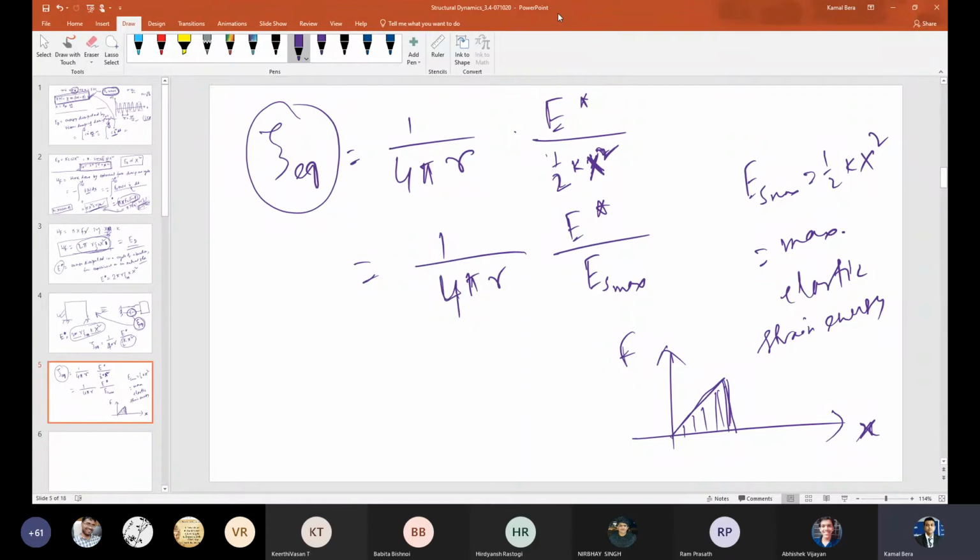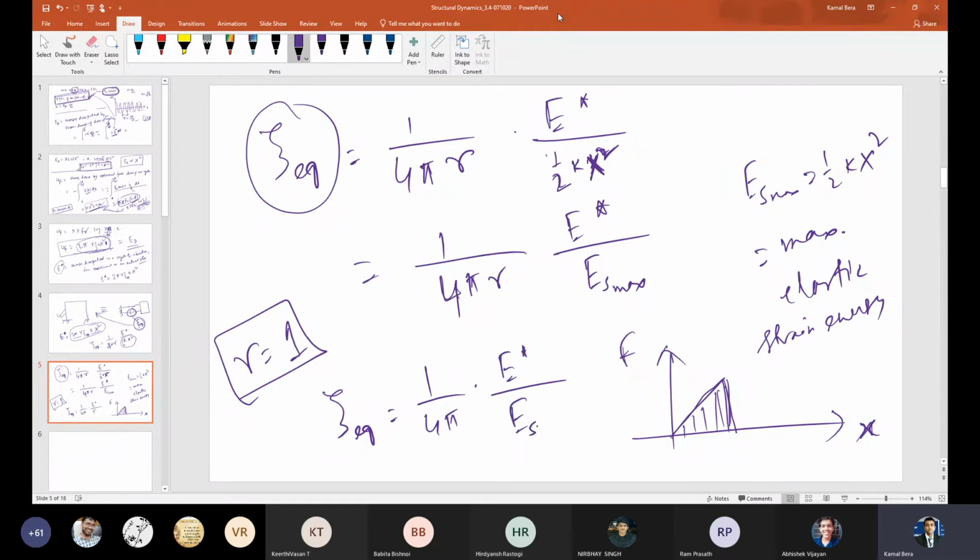Now you usually perform the experiment at the resonant condition, that is at r equals 1, because at resonant condition the effective damping will be more, that you already know. So usually you perform the experiment at the resonant condition. Then my expression further reduces to 1 by 4 pi E star by ES max. These two quantities I will find by doing the experiment and plotting the force deformation